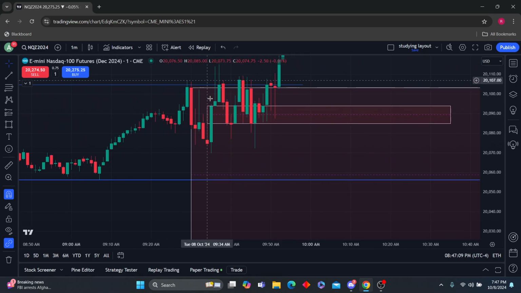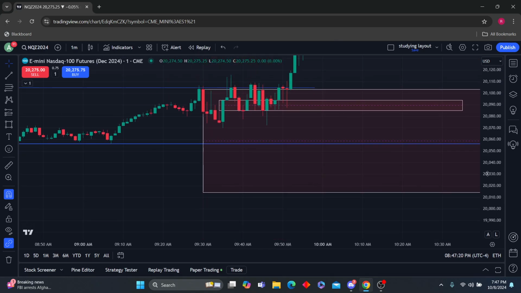Should have not traded in this market. Took a trade right here. First presented fair value gap. Right here. I was bearish. And then